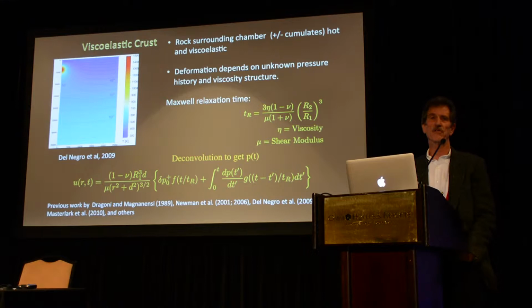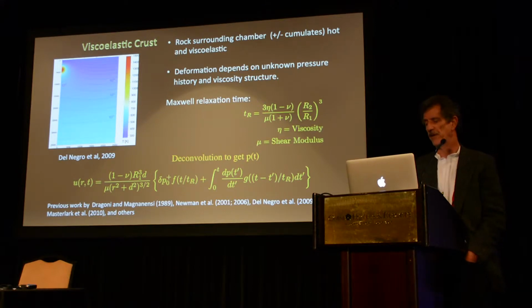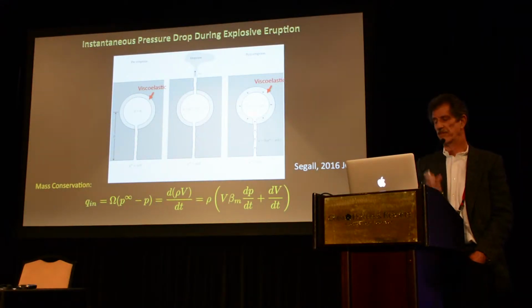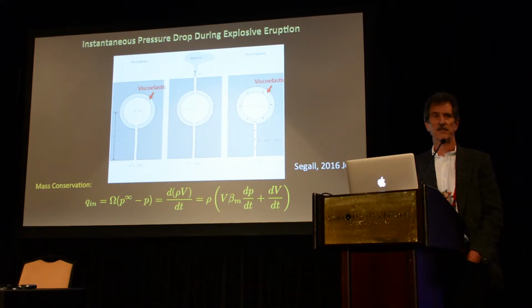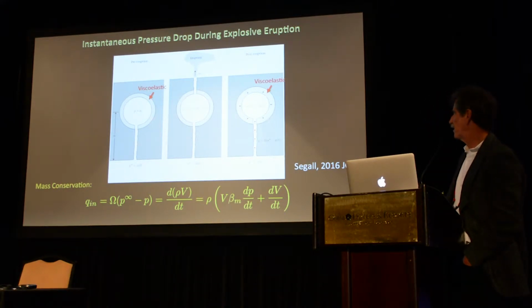So unless we know the viscosity quite precisely, which is very difficult to do, we can't do this deconvolution and get at pressure. So a couple years ago, I thought that maybe we could make some progress by looking at what happens following an explosive eruption, because eruptions that take hours to days, say, are much faster than viscoelastic relaxation times. They're effectively instantaneous. So we looked at a very simple model, highly idealized, of a spherical magma chamber with